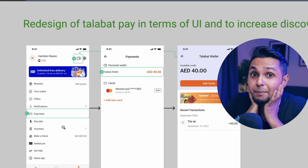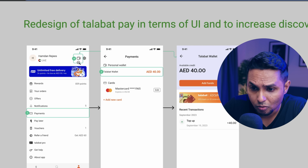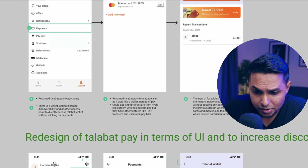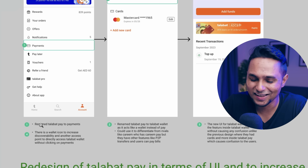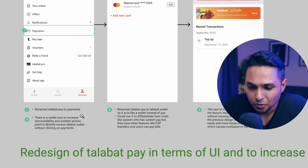So payments are all my payment methods under one, and whatever, be it a wallet, be it a card or something, you would have it inside, right? Fair enough. And I also see you've introduced a small icon here. Okay. All right, let's go and read what you've written. Rename Talabat Pay to payments. This decision may be good, may not be good. It depends. We'll see. There's a wallet icon to increase discoverability and another access point to directly...